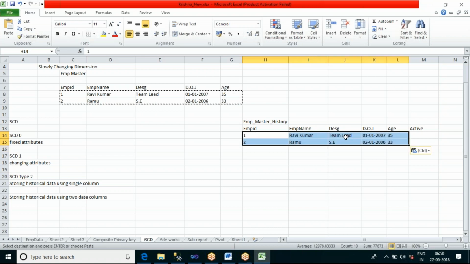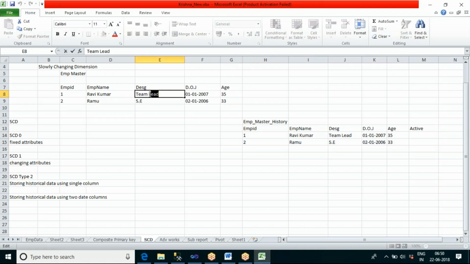Let us say earlier he joined as a software engineer, so he will have the designation software engineer, and right now these two are active.